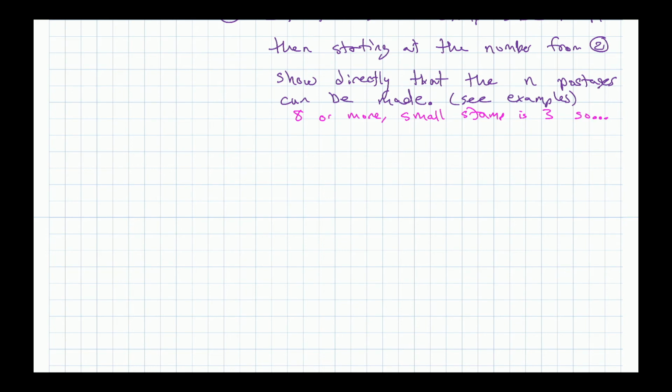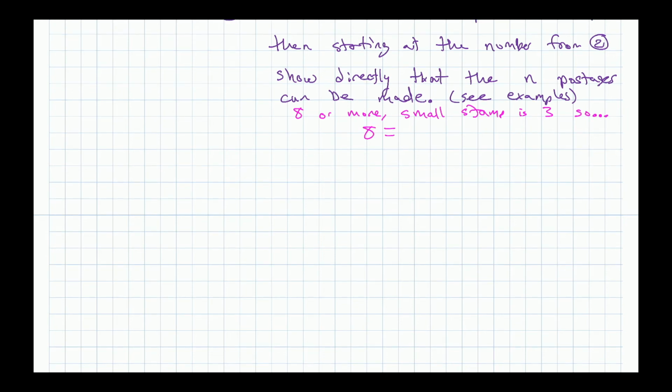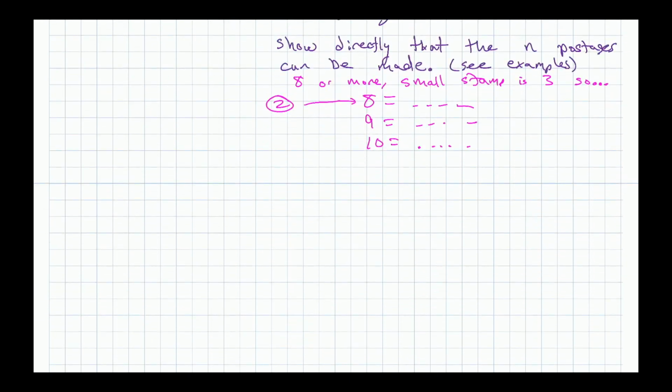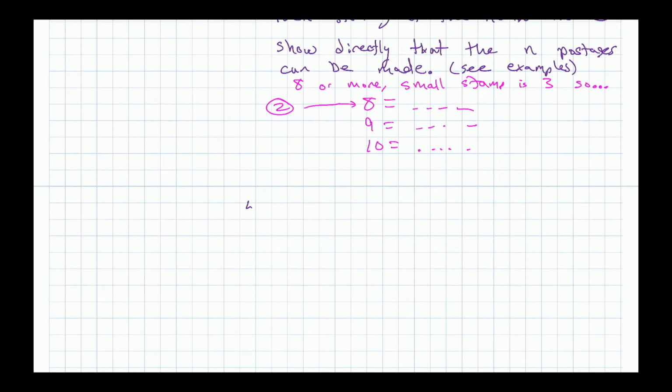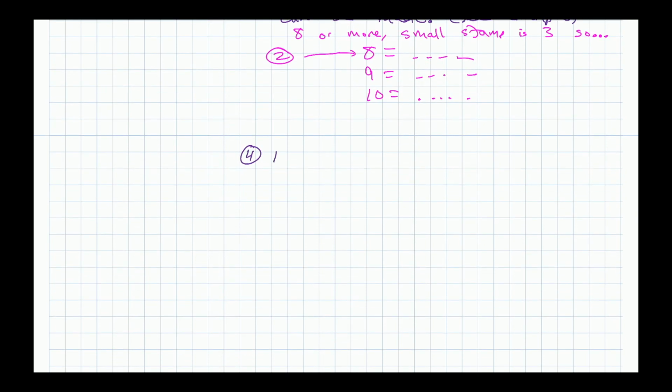So this is your basic case. You show 8 equals something, 9 equals something, 10 equals something. And then that's all you need, right? So you start at the number from part 2. Part 2 gave you that. But then n is the smaller stamp, so you need to do n of these. Okay, enough of that. So then once you're done with that, then what you do is for your induction step,